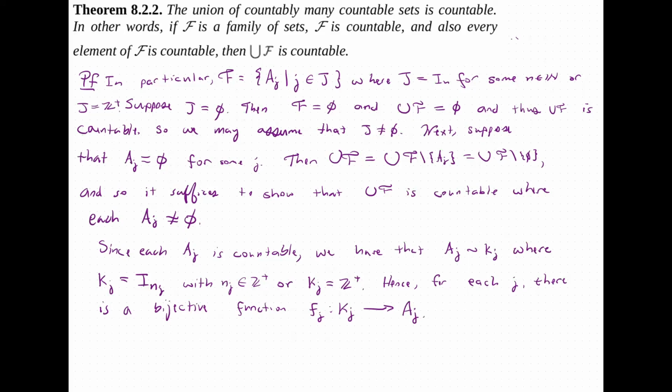And now what we are going to do is label all the elements in a sub j in a way that we are indexing over the positive integers. So next, we're going to let f sub j of m, so the inputs of f sub j are in k sub j, where again, either it's the positive integers or a subset of the positive integers, be sent to an element. This is of course going to be an element in a sub j, but now we're going to do the following label. We're going to write a sub m comma j.